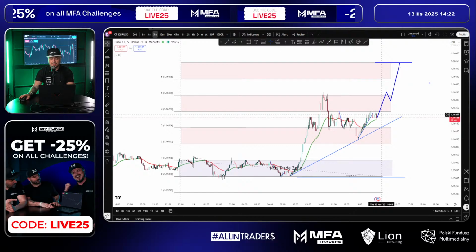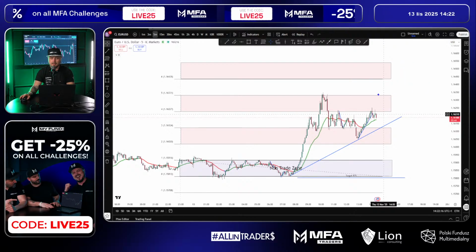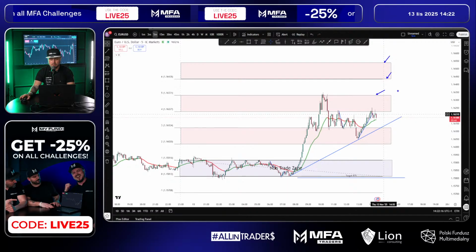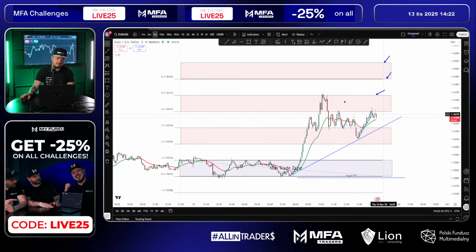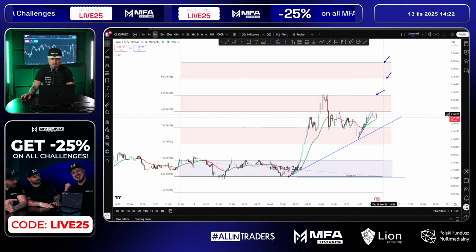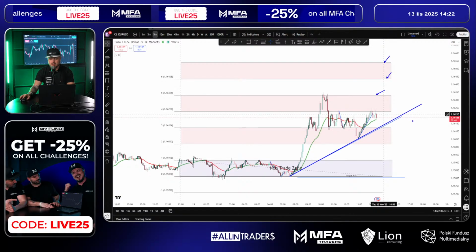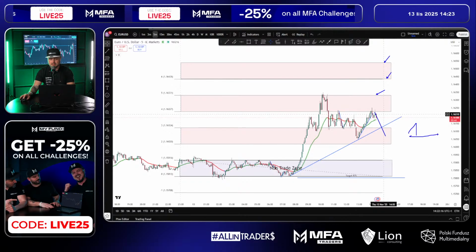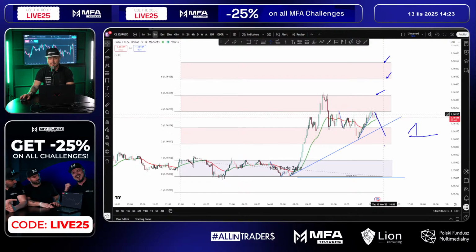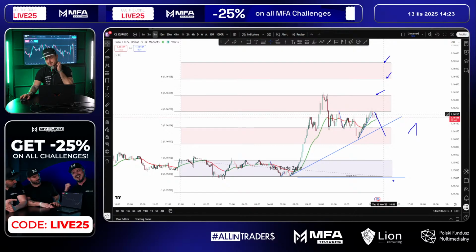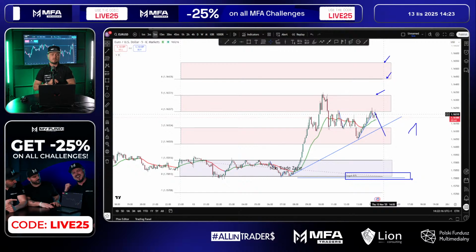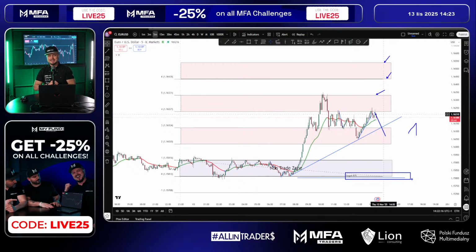I'm gonna check micro rotation. I know where the expansions are, so I'm gonna watch for those reactions at expansions. Additionally, our trend line over here, resistance line, after the breakout is the first signal that maybe we're gonna go down. There is a target at the bottom right here with 87% chances that we're gonna come back to this level today.